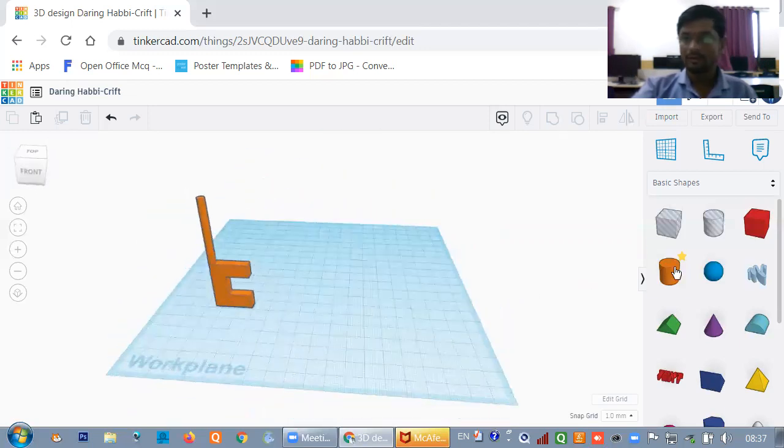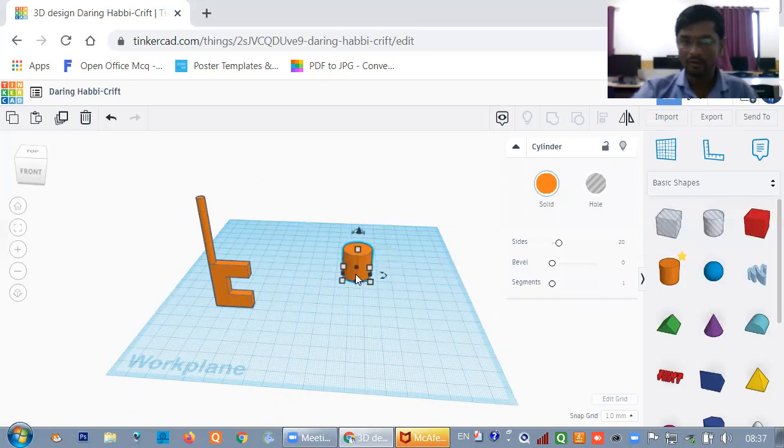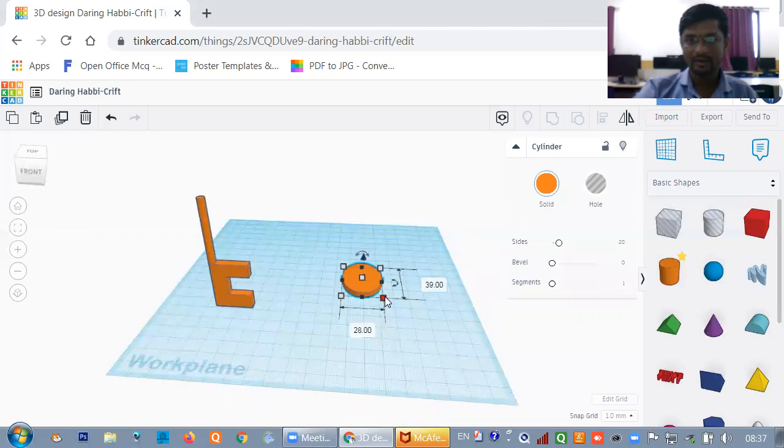Now I want to create a key handle like a regular key, which is a circle, or maybe different shapes. I will show you. For that you have to take a cylinder again and make it a small size like this, with the same settings.